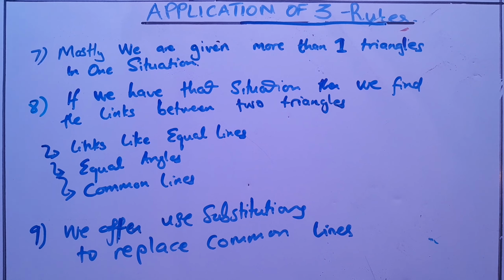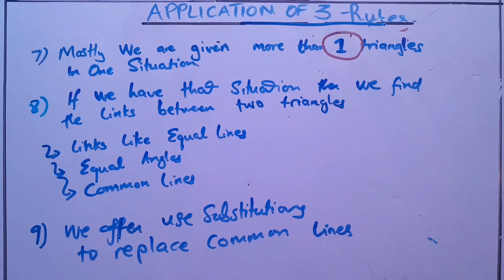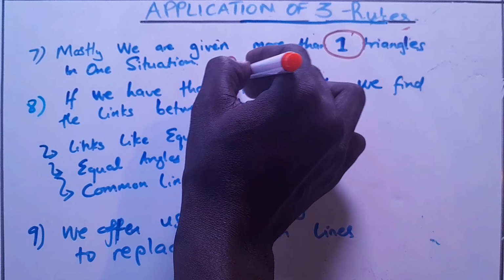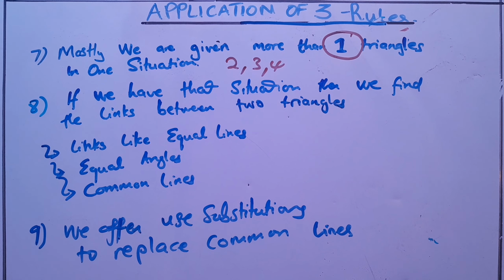So these are some of the other rules that I had left out. Mostly we're given situations where we're having more than one triangle in one situation. Sometimes you can be given two triangles or three or four, depending on the level of complexity of the question, right? But don't forget that every complex question can be simplified into simpler